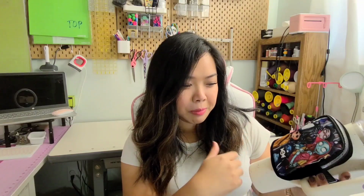In today's video, I'm going to show you how I make my hydro pouch. So I did draft this pattern myself. It took a lot of trial and error, different materials, the best way to finish it, just matching up the measurements, but it's been a lot of fun, and seeing what I imagined come to life has been a really